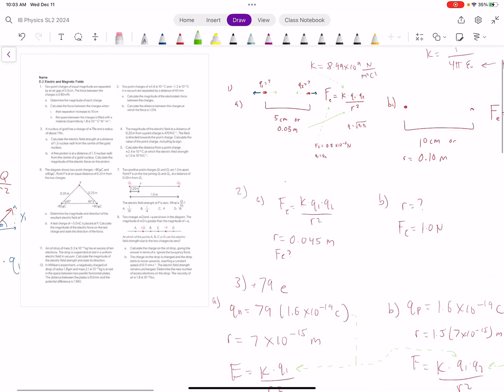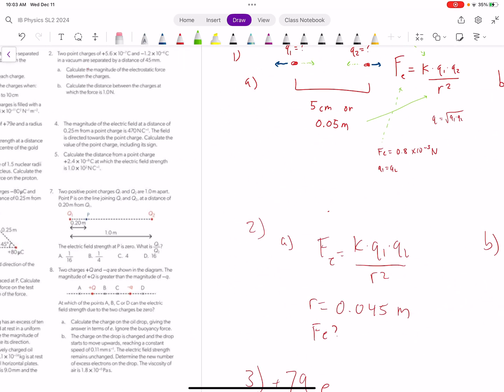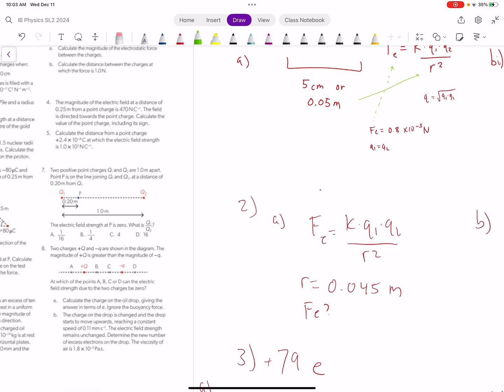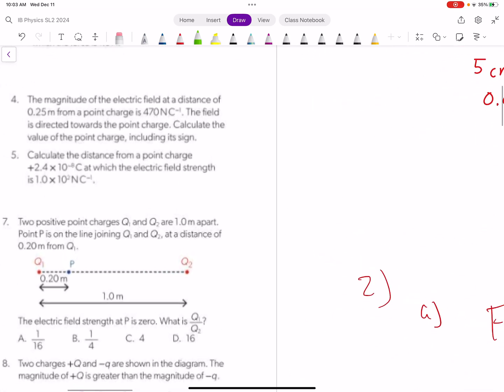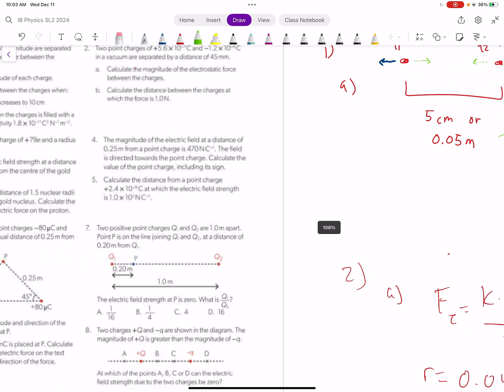Number 4, the magnitude of the electric field at a distance of 0.25 meters and the charge. Now we're given the electric field strength. Notice that the electric field strength is newtons per coulomb. When we talk about electric field strength, we usually like to talk about how strong is that field per coulomb. The field is directed towards the point charge. Calculate the value of the point charge, including its sign. Okay, so